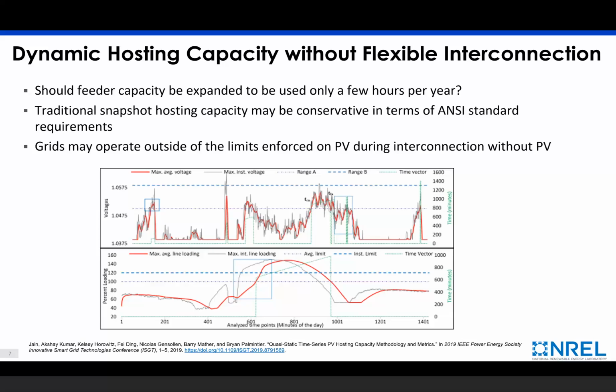So if you threshold at a very specific level in terms of what voltages you allow on the system or how much overloading you have, you may be conservative or limited by the quality of your data there. And in reality, that's a very short violation that won't really affect the system, or potentially isn't even there, depending on what the error in your data looks like at that particular time point. So I think just trying to recognize that there are these dynamic limits on the grid is really important as a first starting point for thinking about flexible interconnection. Next slide.